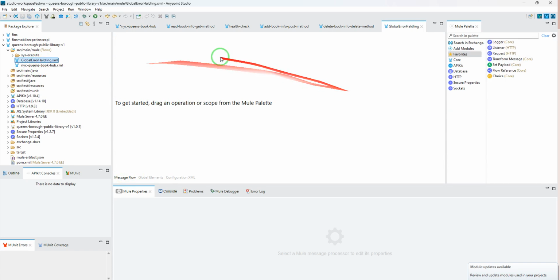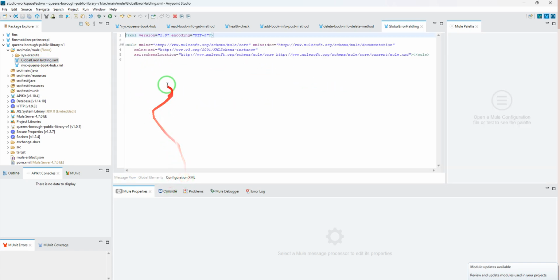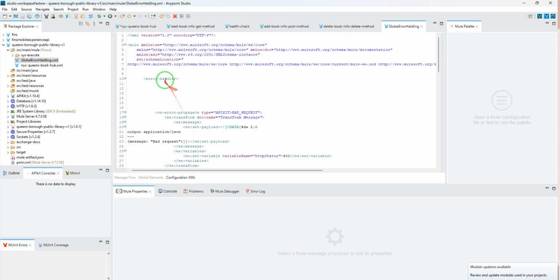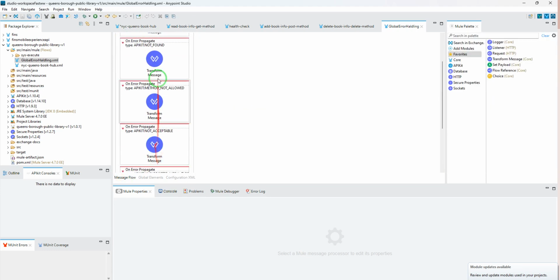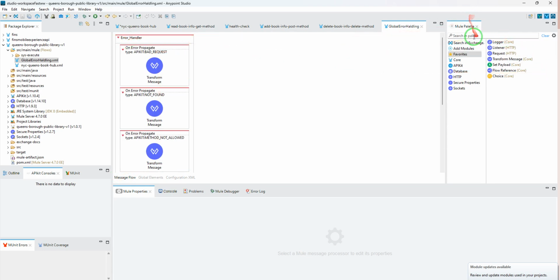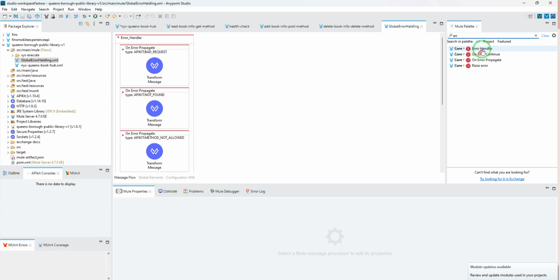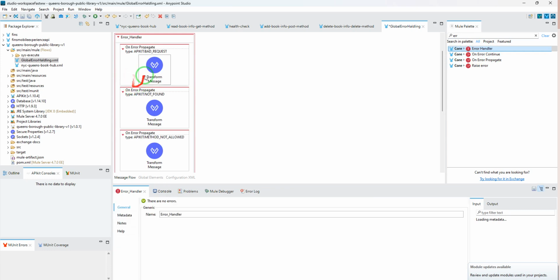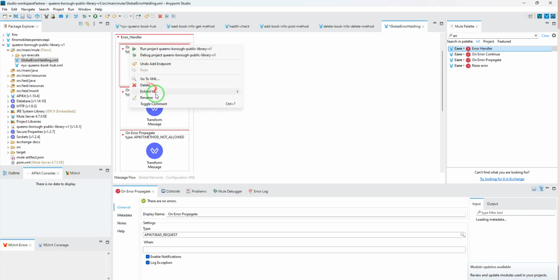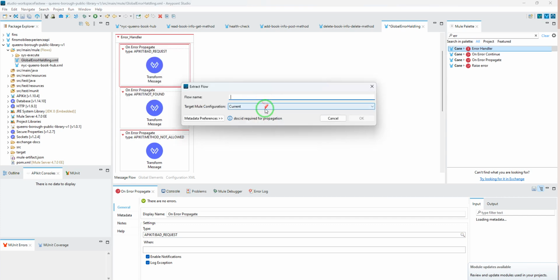Go right here, and you could put it on a, let's put it like that. However we're going to move it anyway. You will see the handler, the error handler comes right here. Otherwise, with this handler, you just look for the error handler and drag and drop. Then just take all of this. Usually you copy and you extract it to a subflow, you pick the one you want. You could do that one as well,